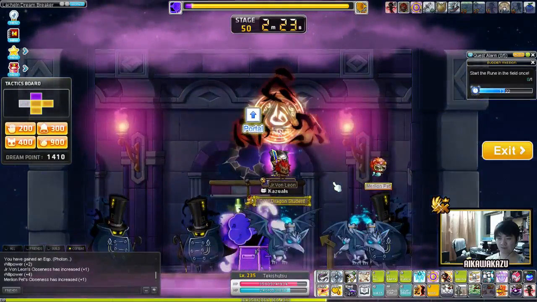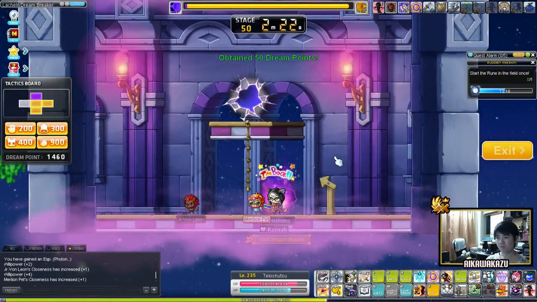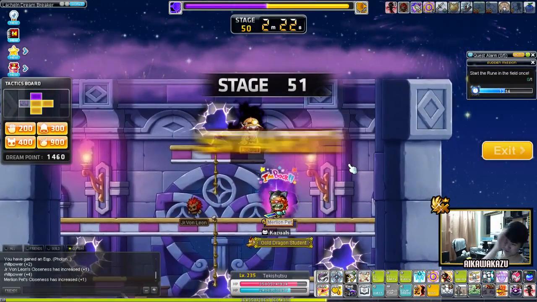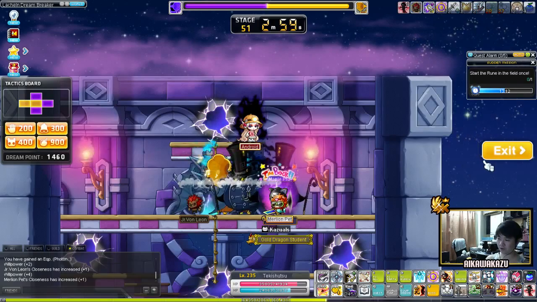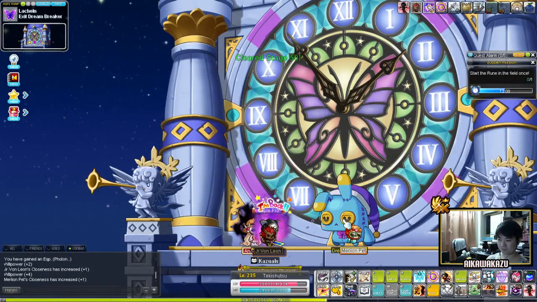the next time I'll be trying to clear will be stage 60. If not, I'll just be clearing stage 50 and then I leave. You can't just enter stage 50 and leave without completing stage 50. You will not get the coins, by the way. You still need to clear stage 50. So once you do that,